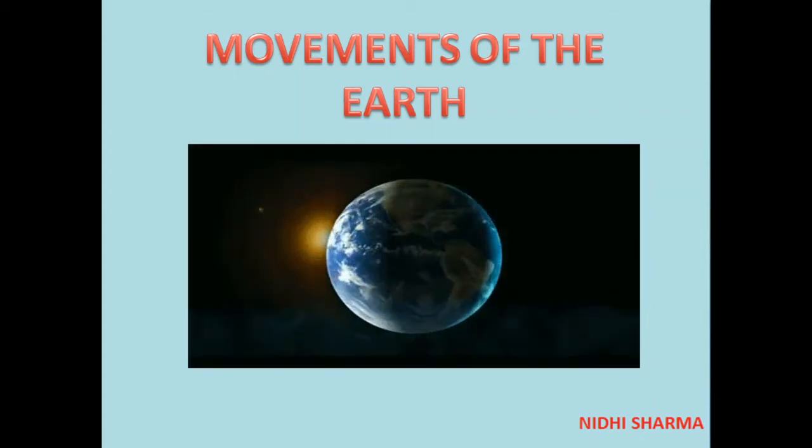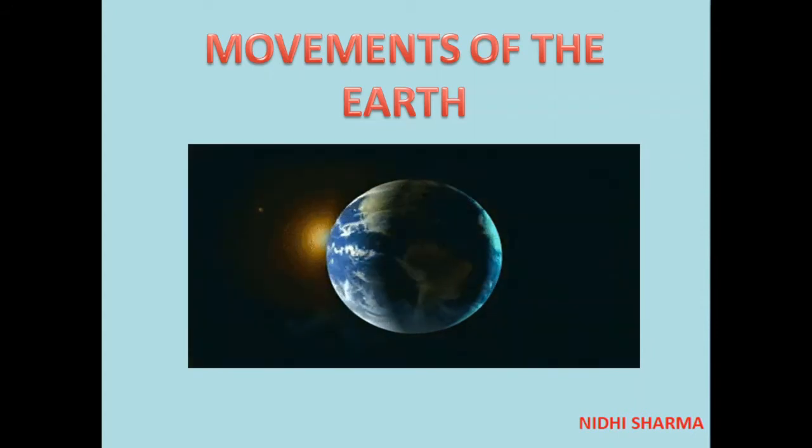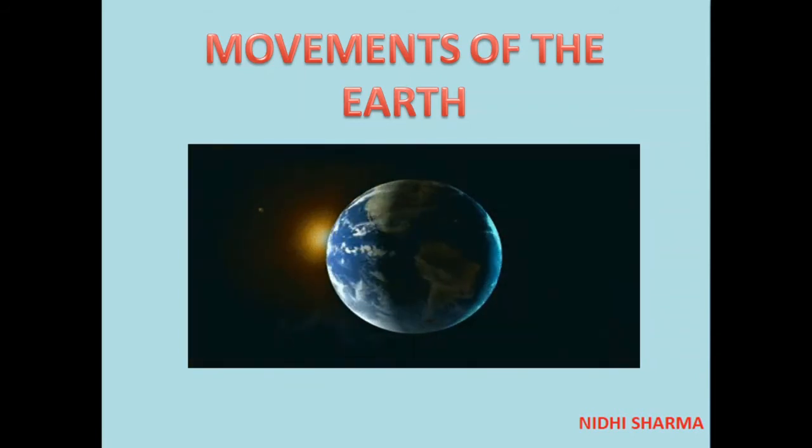Good morning, children. Today I am going to take the third chapter of SST, Movements of the Earth. In ancient times, people believed that the earth was stationary and heavenly bodies moved around it. So, what are heavenly bodies? Heavenly bodies are natural celestial objects visible in the sky, such as star, planet, natural satellites, asteroids, comet, the moon,